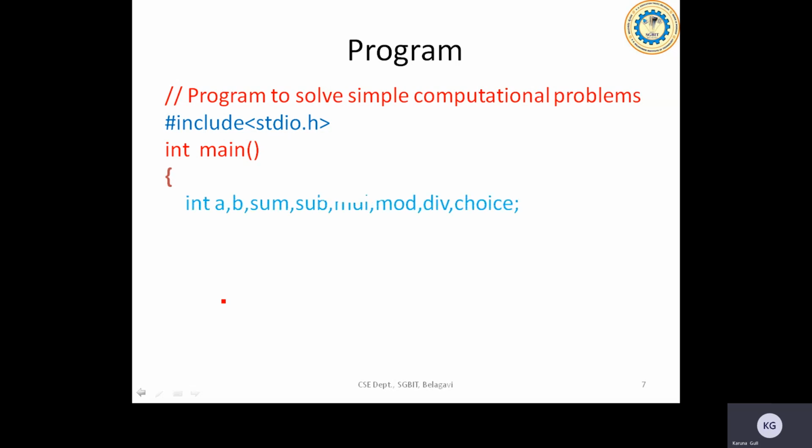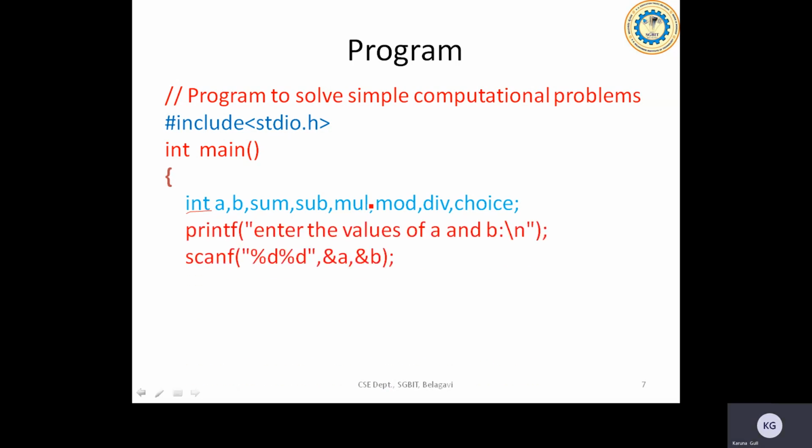Let's go ahead with the various variables that we are going to use inside our program. These are some of the variables. As I already mentioned, we are working only on integers, so we have taken everything as integers. It is up to you whether you want to define them as floating point values, but for the modulus operation, you have to explicitly typecast that floating point value to integer before you proceed with the mod operation, because modulus operates only on integer data.